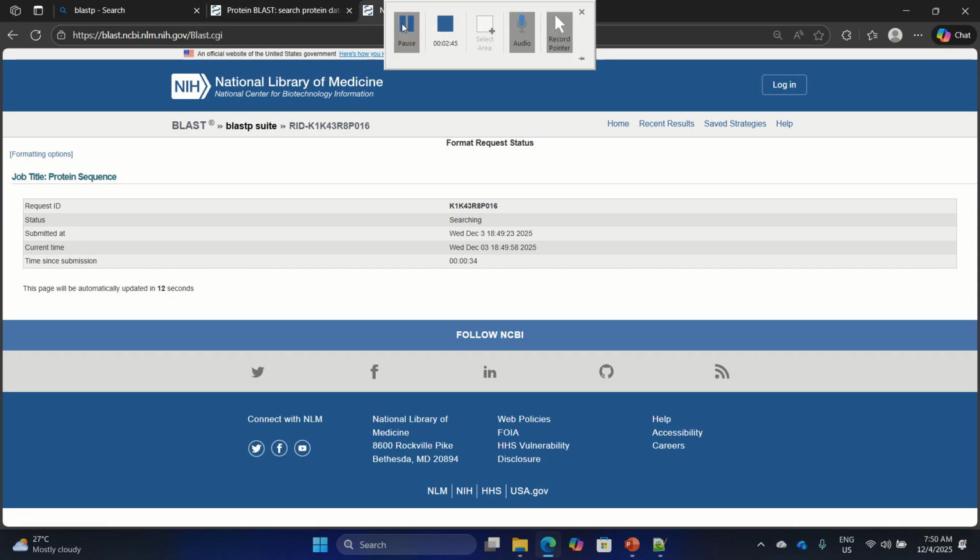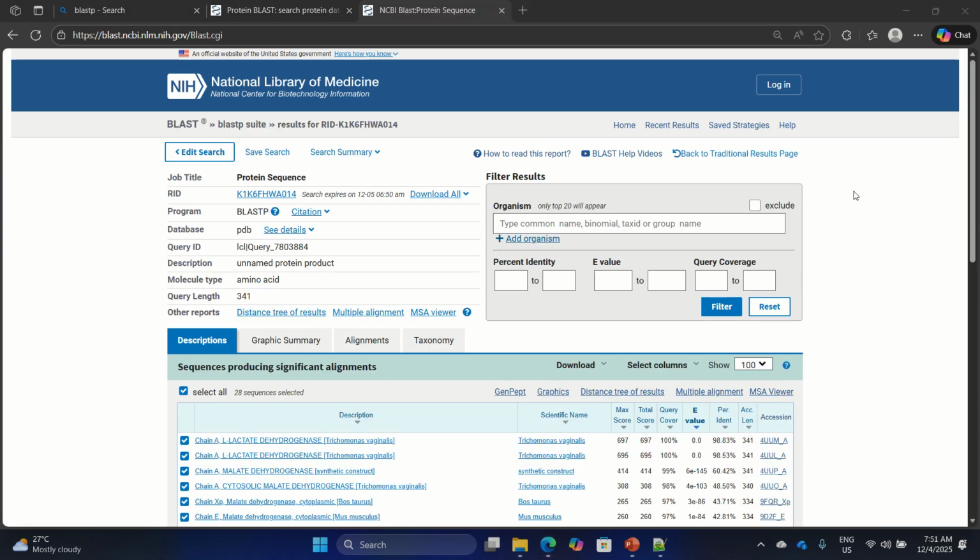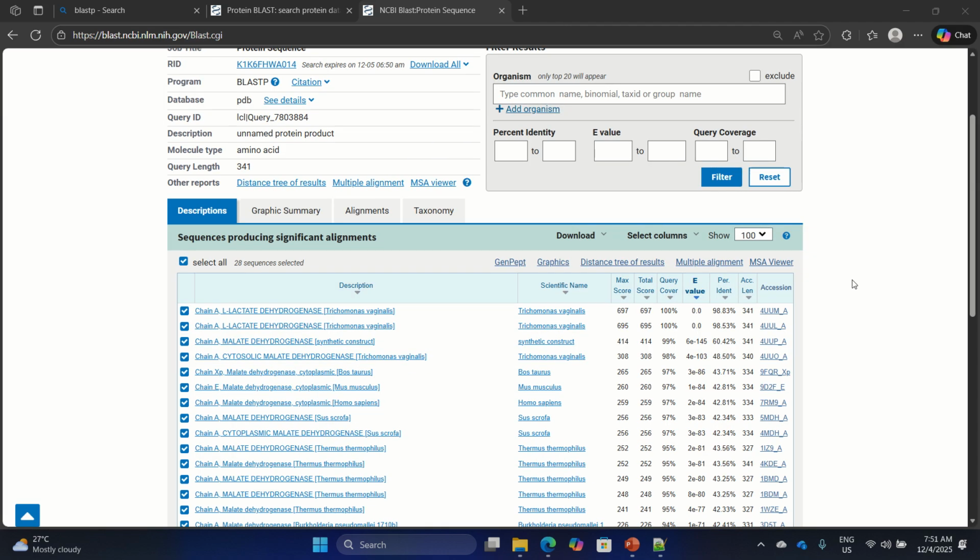I'm going to pause for a while. So the result of the query is as follows. As you can see, we have the query coverage of 100%, the e-value is 0, and percent identity is 98.83.